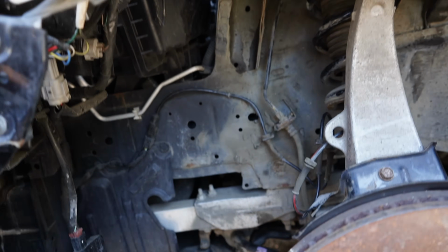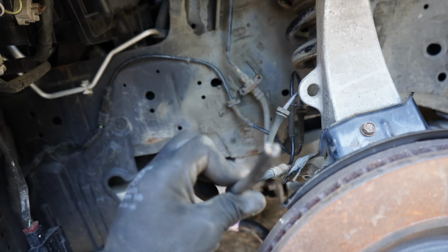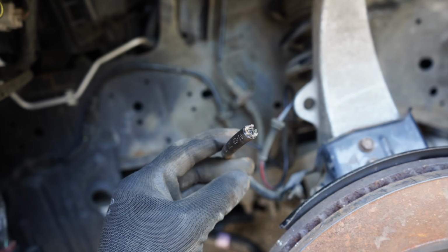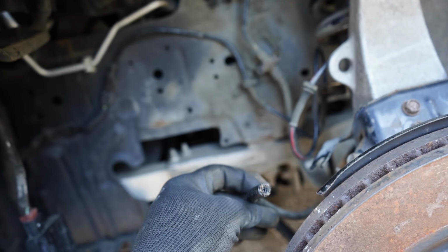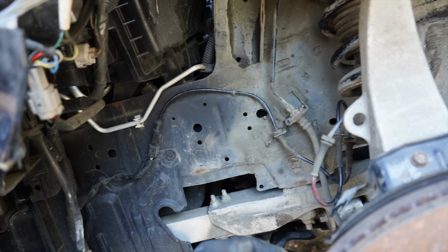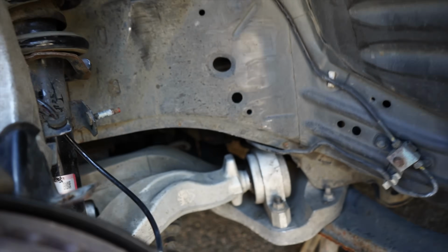But we have got a problem. So this is my brake line. It's broken. All the brake fluid has leaked out of the system. It's Saturday today. I've called around. No one can get it in for me today. Everyone's telling me next week. So we're gonna have to do a temporary fix on this,